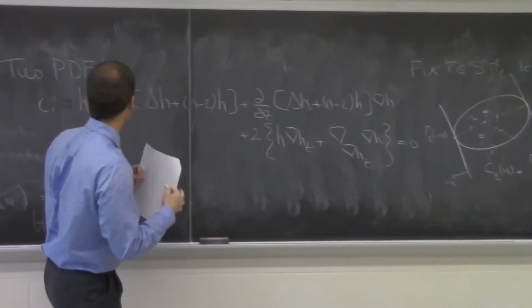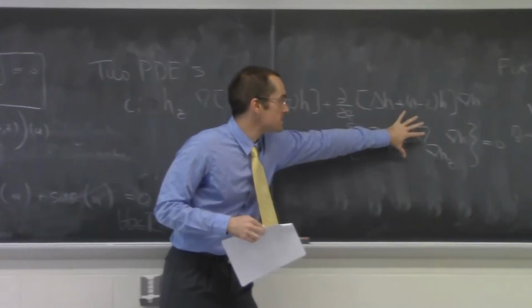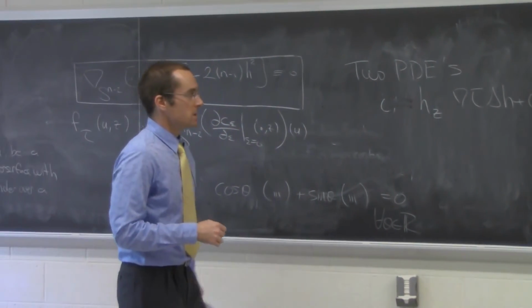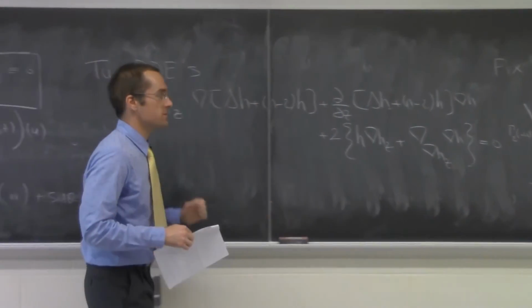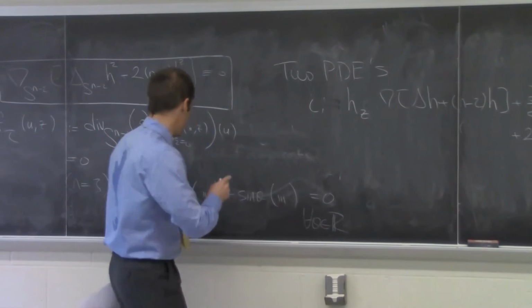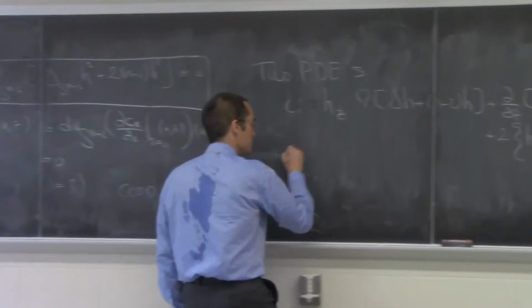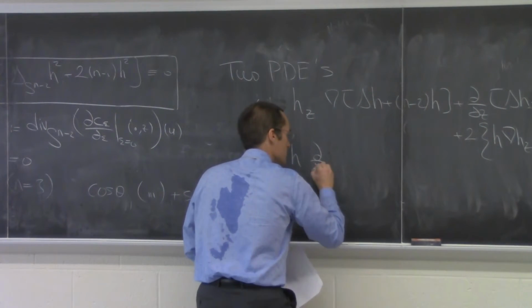Right, so again, these are spherical gradients and spherical Laplacians, and this is the covariant derivative on S^(n-2) of the covariant derivative of this vector field along this direction. So this is the first PDE that H satisfies. The other one is this, H